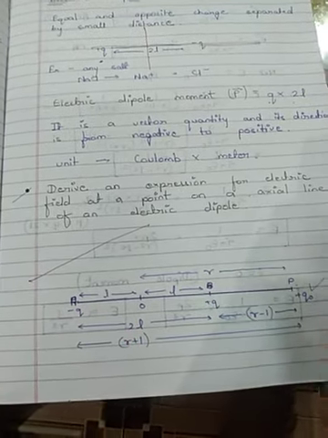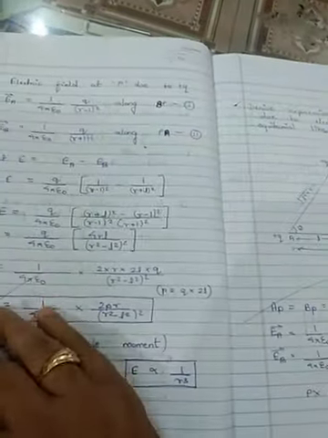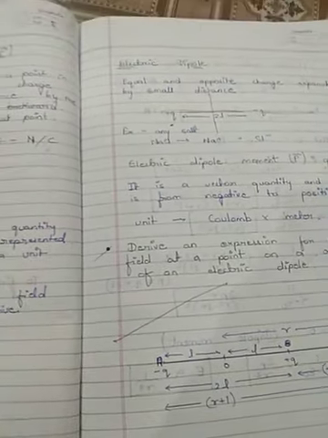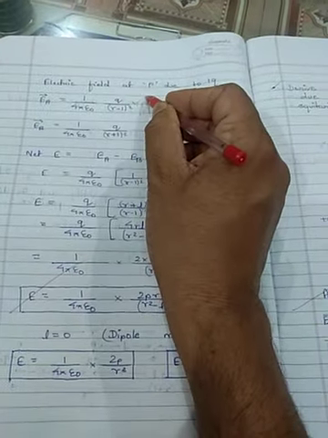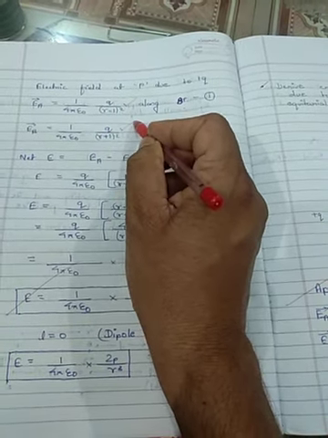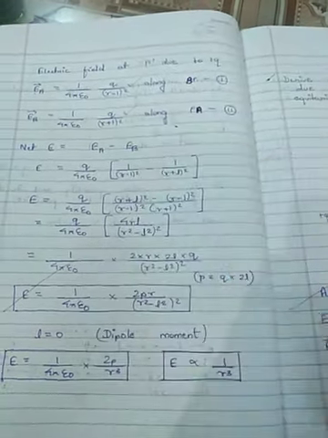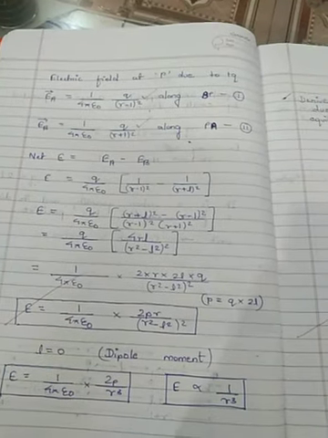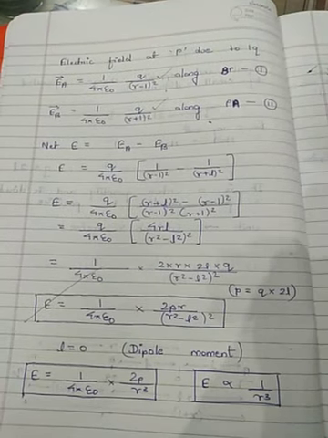So find the electric field at the point P due to the charge at A and due to the charge at B, then do the vector addition, that is the superposition principle, and you will get the net electric field. So what will be the electric field at the point P due to the plus q charge? It will be 1 by 4 pi epsilon naught q by R minus L whole square, and that due to the minus q charge will be 1 by 4 pi epsilon naught q by R plus L whole square. Here we take the minus charge as plus in magnitude, because whenever you use a vector quantity, there is no need to write the negative in the magnitude. The direction tells that it is a negative charge.